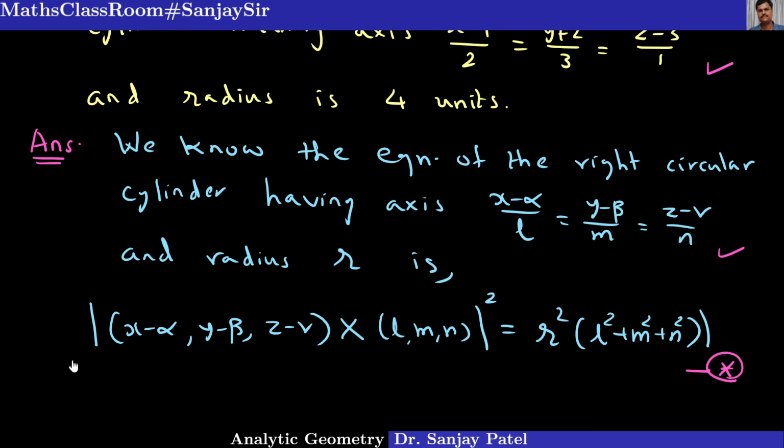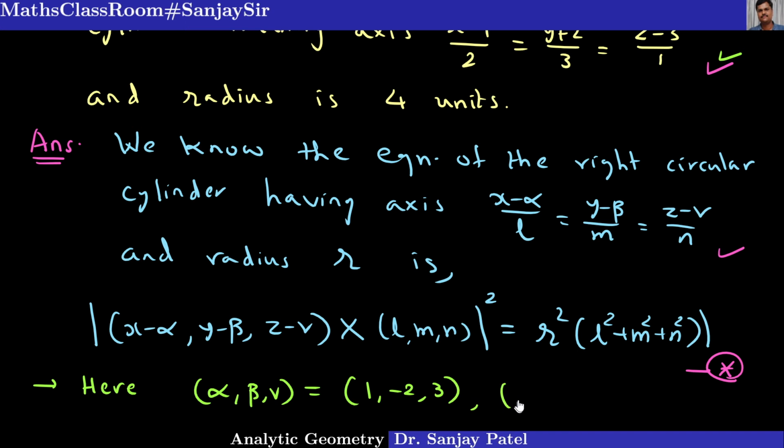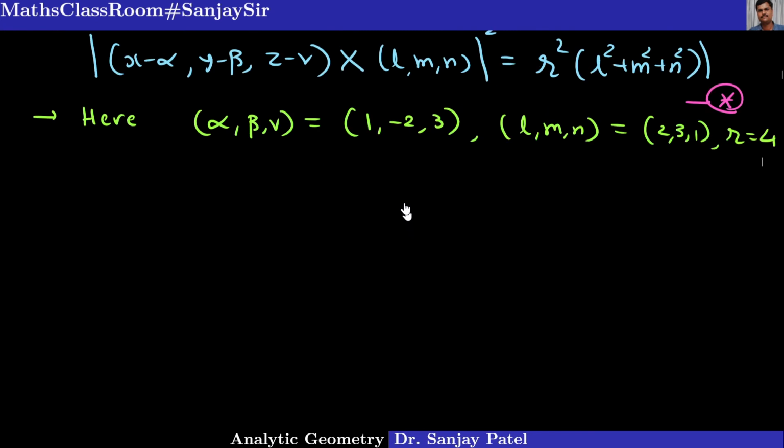Here alpha, beta, gamma, that is the point through which the axis is passing, is 1, minus 2 and 3 from this equation. l, m and n are the direction of this axis, which is 2, 3 and 1, and the radius is 4, that is r equal to 4. So putting all these values in this equation star, we get,